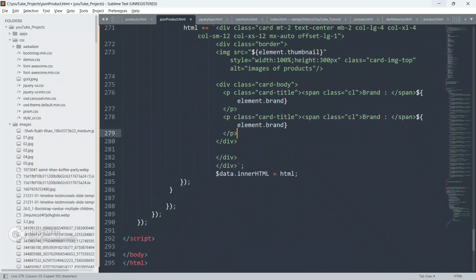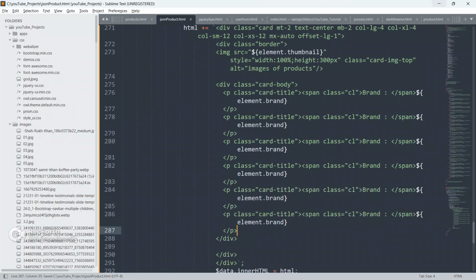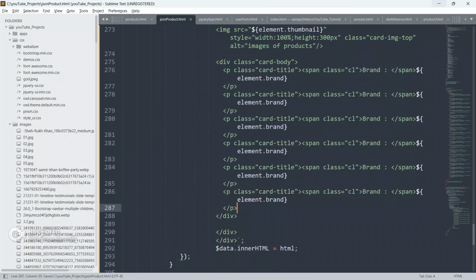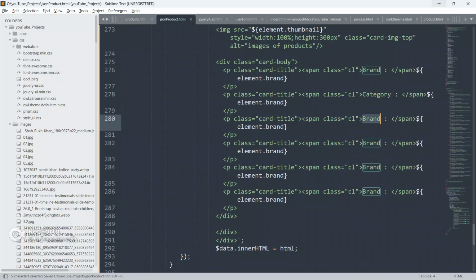So just copy this P element, guys. Copy this P element and paste it 5-6 times more. Later we will change the value. So just make this as category, just make this as descriptions, and price.